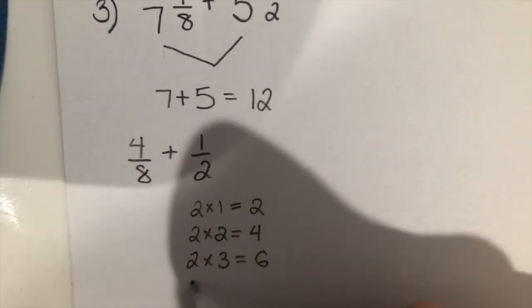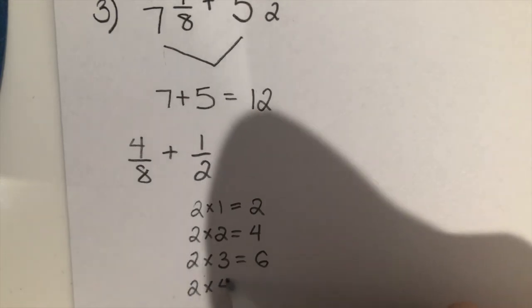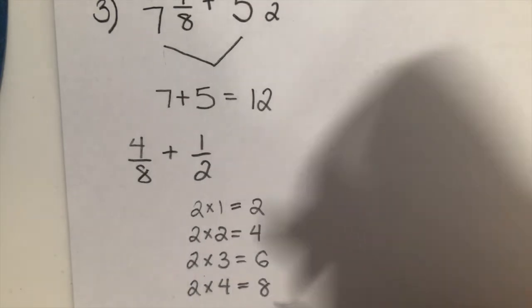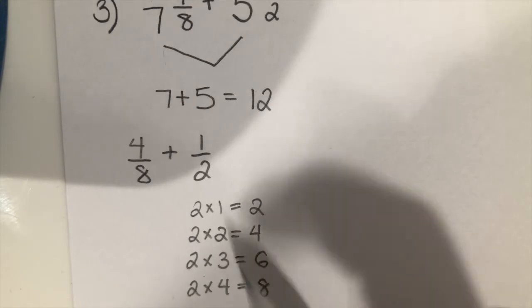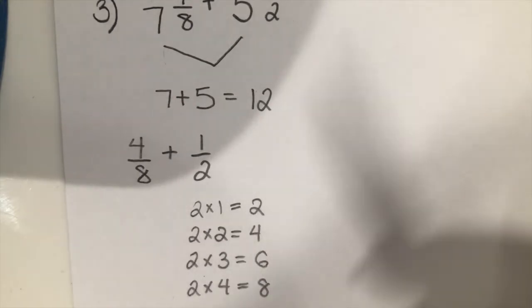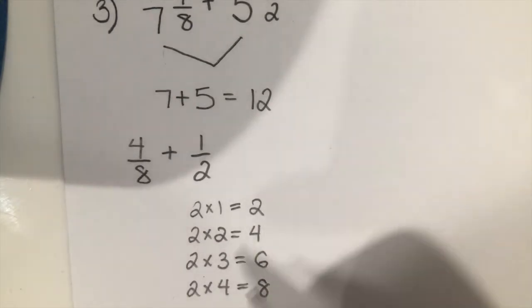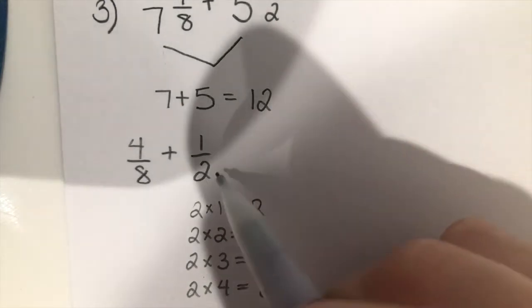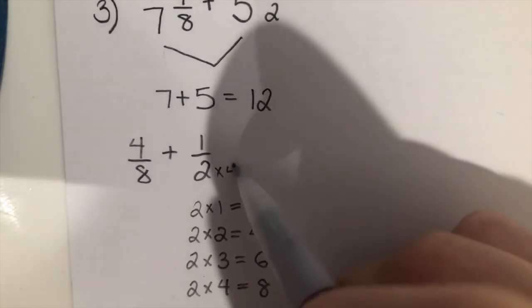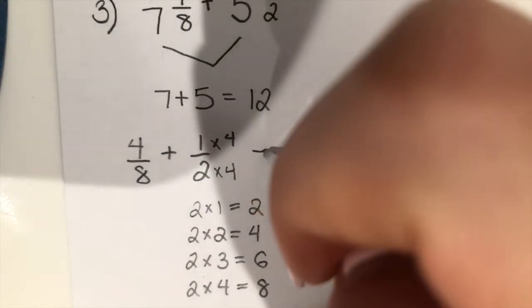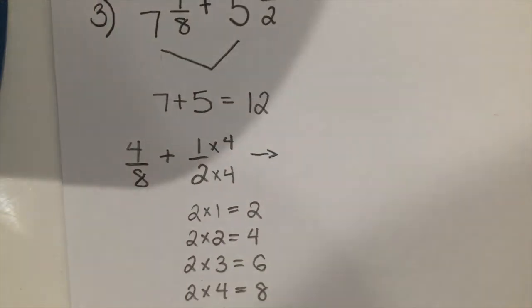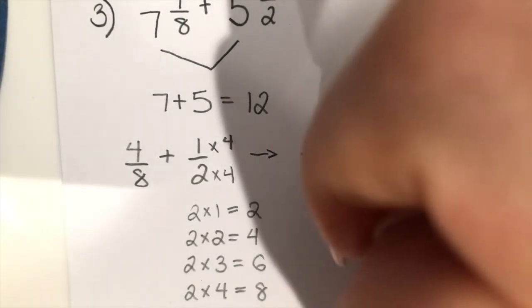And then 2 times 4, which equals 8. And that is our denominator, our least common denominator. Therefore, we need to get 2 and multiply it by 4 and do the same with our numerator. Therefore, 1 times 4. Now we're going to draw our arrow and we're going to bring the 4 over 8